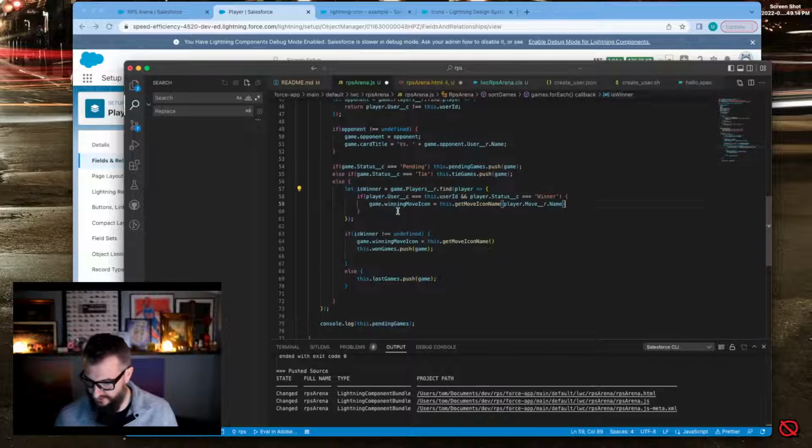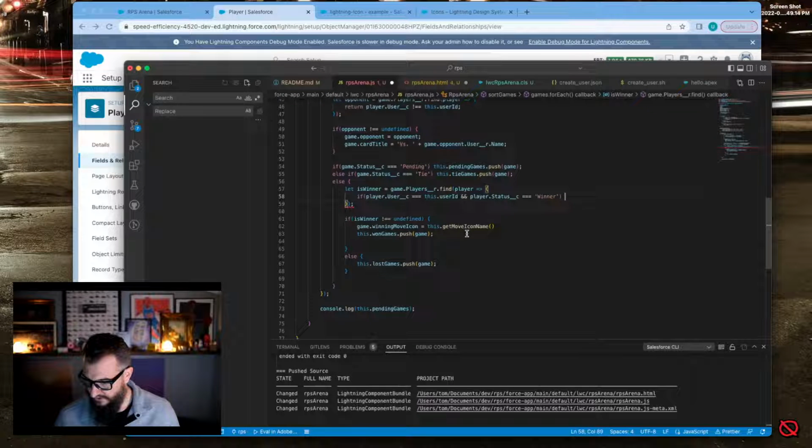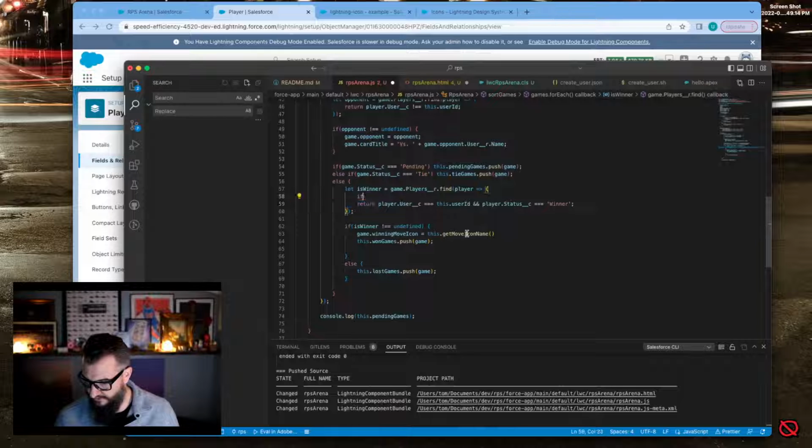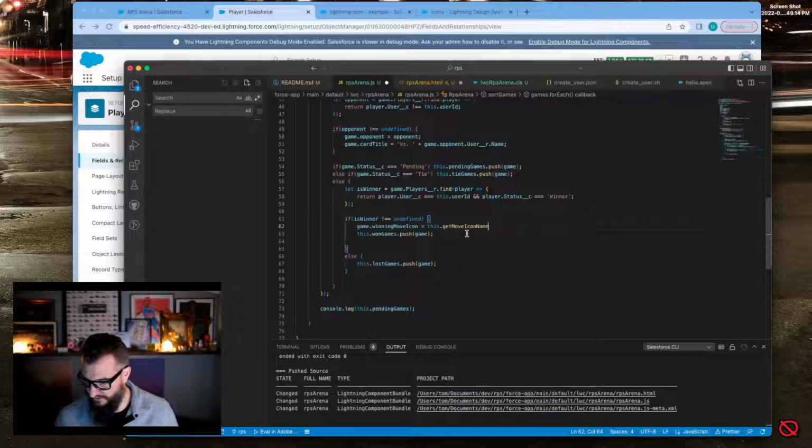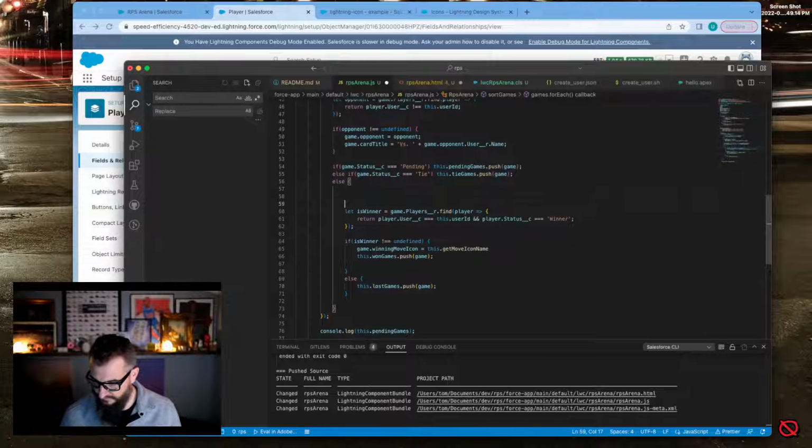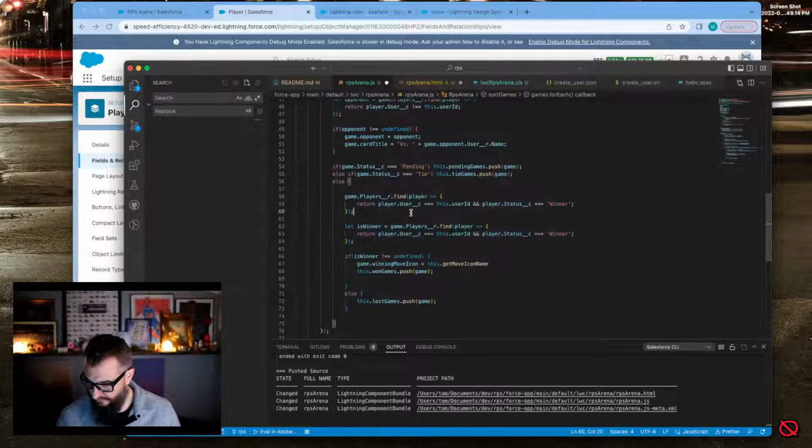Actually, what we can do is still use this step to figure out the winner, but I'll do a step in front of it that determines the winner and winning and losing moves. So we'll grab this again, loop through it. A little bit redundant, but